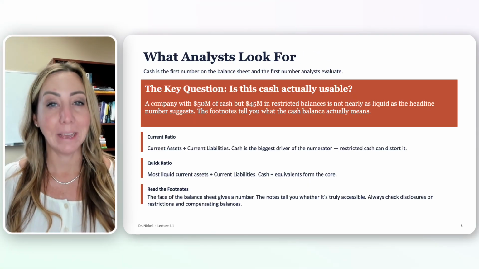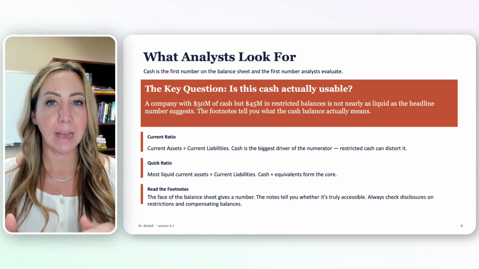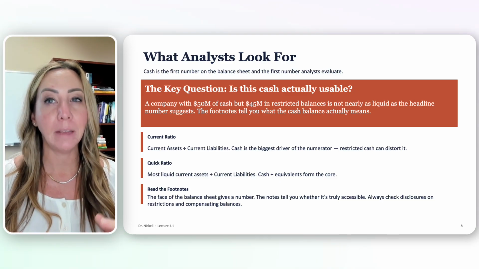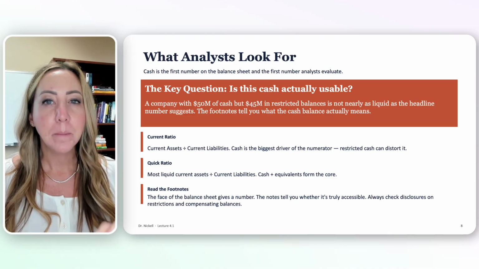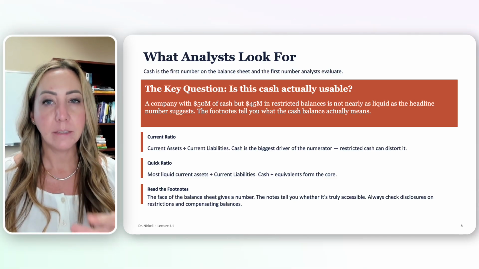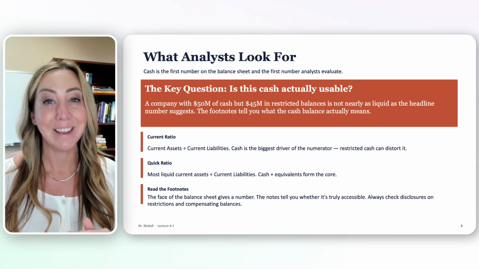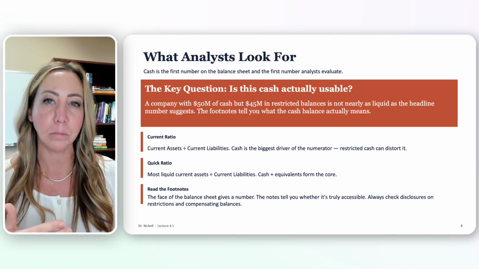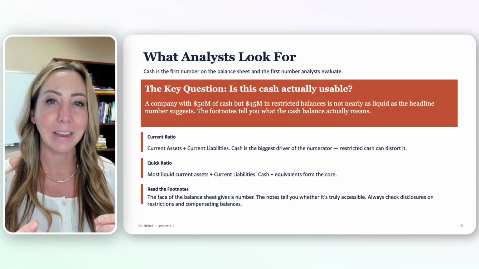Let's bring this home from an analyst's perspective. When you look at a company's current ratio, which is current assets divided by current liabilities, cash and cash equivalents make up a meaningful portion of the numerator. A company with a high current ratio looks liquid, but if a lot of cash is actually restricted cash, the picture changes completely. This is exactly why good financial analysis requires you to read the footnotes of the financial statements, not just the face. The balance sheet gives you all the numbers, but the footnotes tell you what those numbers actually mean. I'll show you a real example in our class exercises, but for now the key takeaway is this: